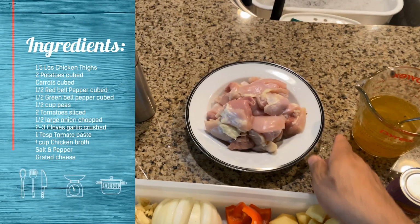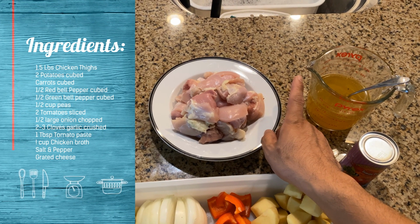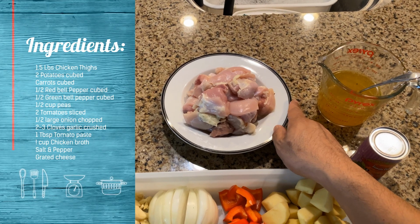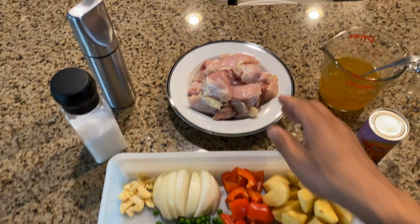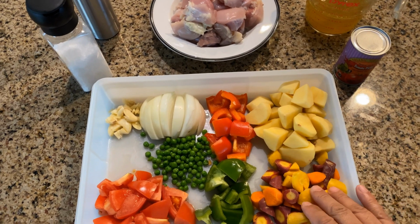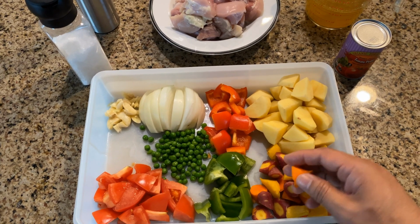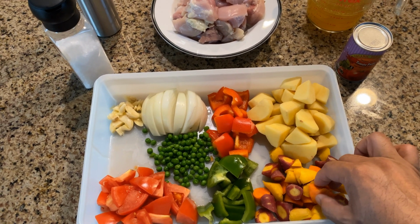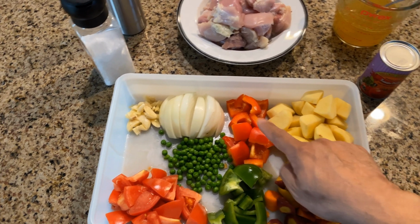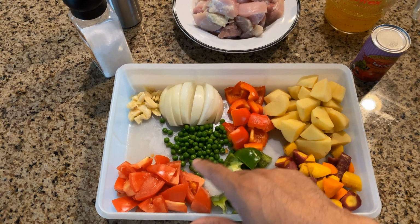The main ingredients for chicken afritada will be chicken. We can use chicken breast or thigh. For today, I'm using 1.5 pounds of chicken thigh. We're also going to use some potatoes, which I've cut into cubes, carrots. We're lucky enough to have some carrots that have different colors. Aside from having orange, we also have yellow and purple. We'll have red and green bell pepper, peas,